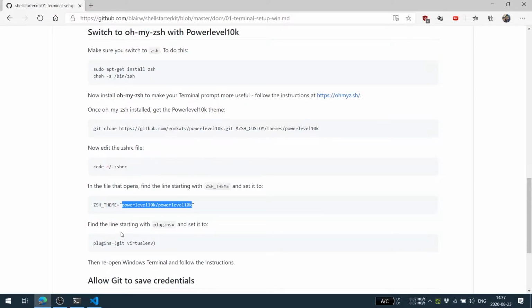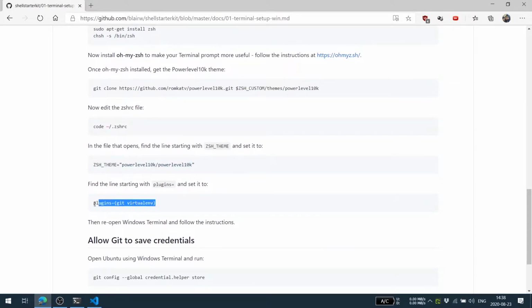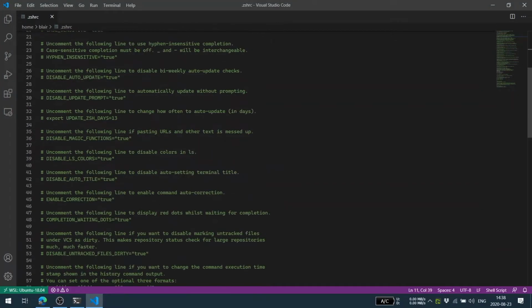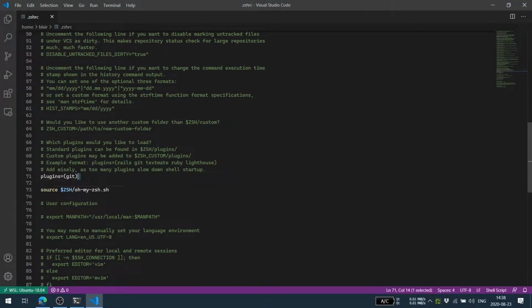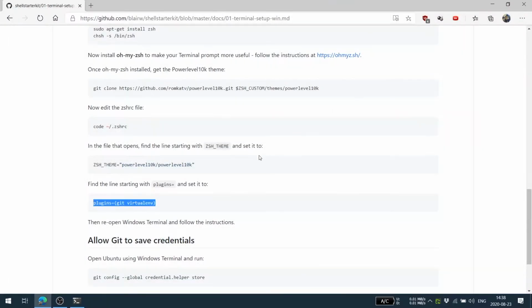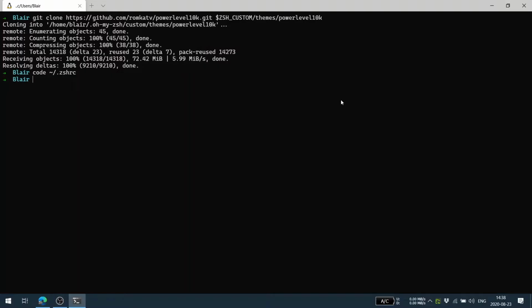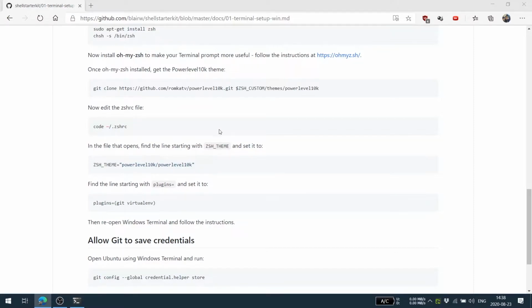And you want to change the plugins to have Git and virtual environments, which is the virtual environments for Python, which is going to be handy when we're working with Python. And that's it here. You can close this and you can reopen Windows Terminal and you'll get some instructions that